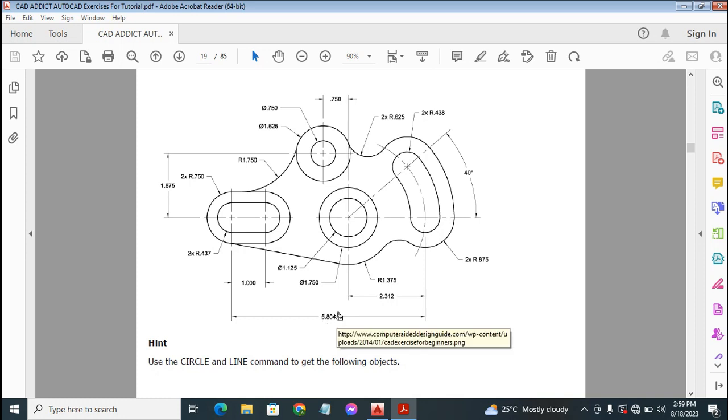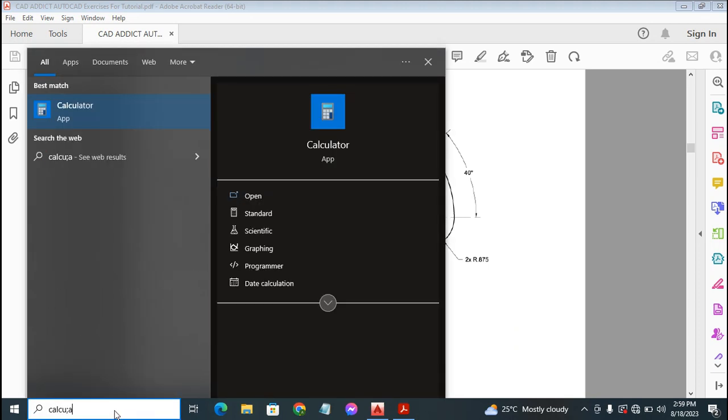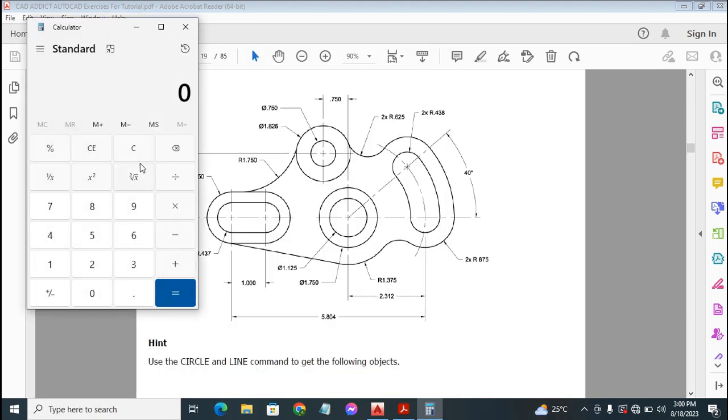5.804. It's Friday here, and I don't want to stress myself mentally, so I'm just going to use the calculator. Type in calculator here and just open up the calculator app. Alright, so the radius of the circle we are going to be producing to get this curve is going to be